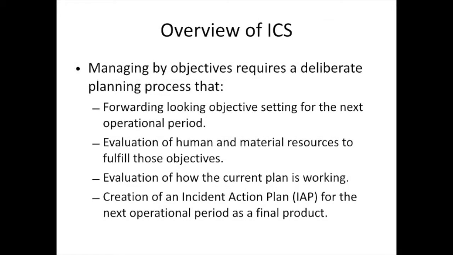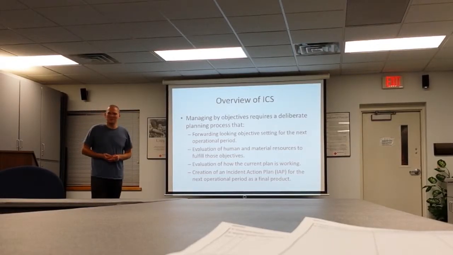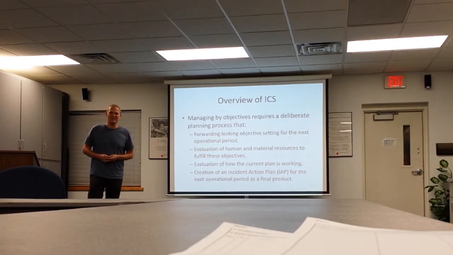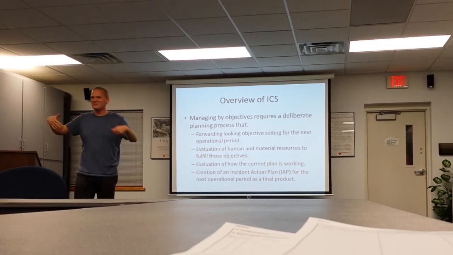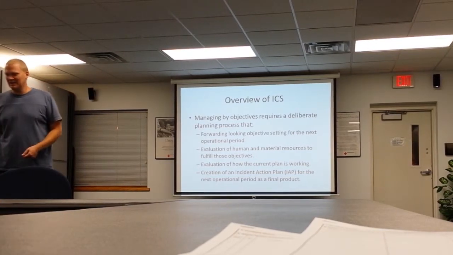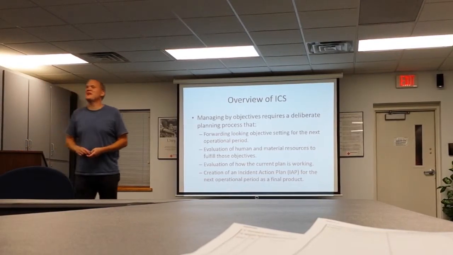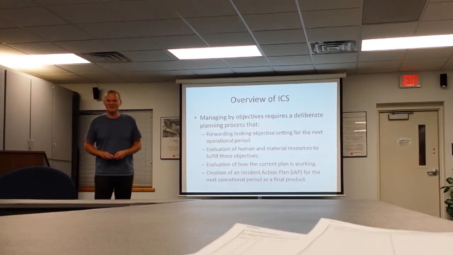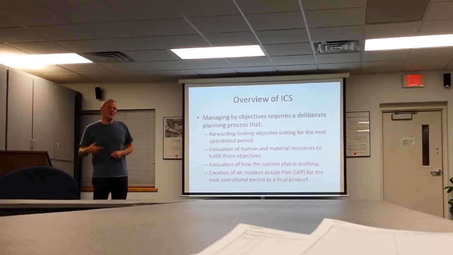Here's what I call the meat and potatoes piece of this whole thing. Management by objectives. This is where 9 response organizations out of 10, 9 disasters out of 10, we fail the most. Because this thing happens, it's before our eyes, and we all run out and try to do the best we can to mitigate that situation. But we fail to plan.